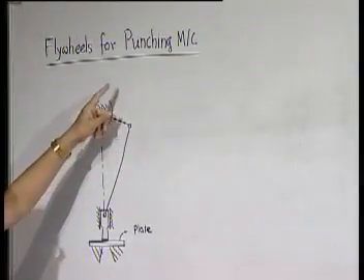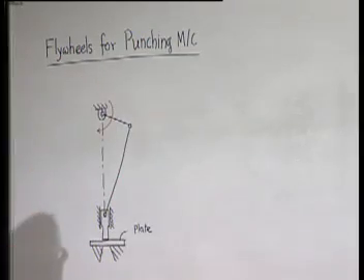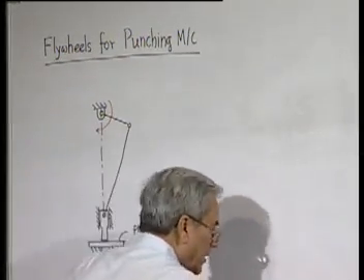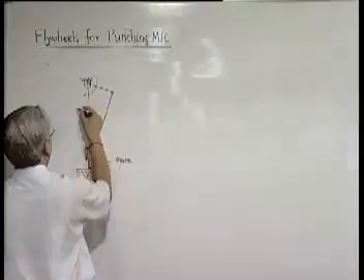This is the crank which is rotating, and during this rotation you find that at a particular location, which is indicated like this,